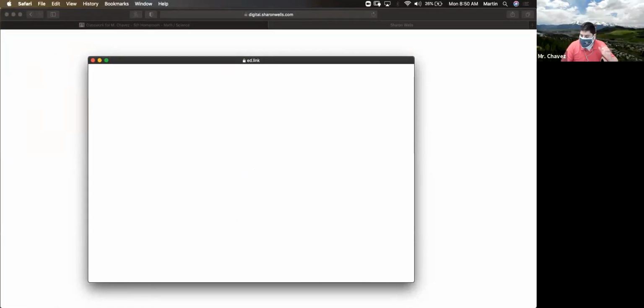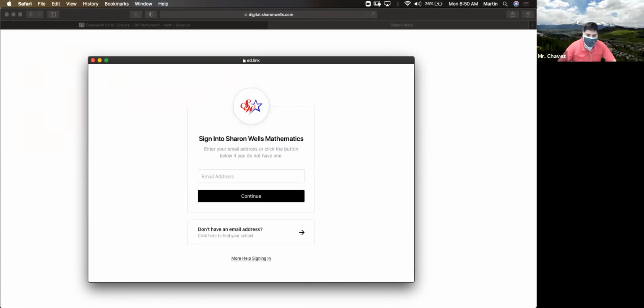And hopefully it does open up. Mine's kind of taking a while. There we go. It literally only has one thing. So like here, when you sign in with your email address, remember it's going to be your user ID. And then you put in your numbers. And then you press the